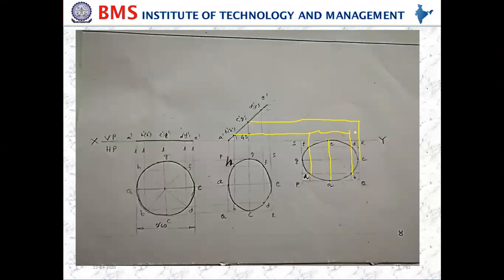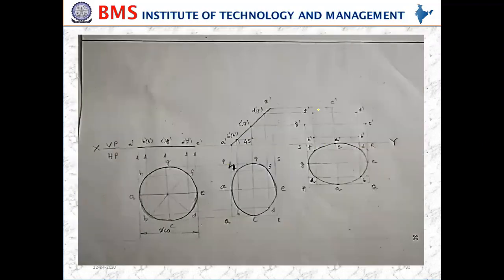So I am ending at C exactly, I am not drawing extra lines, and D also, then F also. So draw horizontal lines exactly to end there only. Okay, so that way you easily get the end points. Next, similarly from E, then from E dash. Now I got all the intersection points.